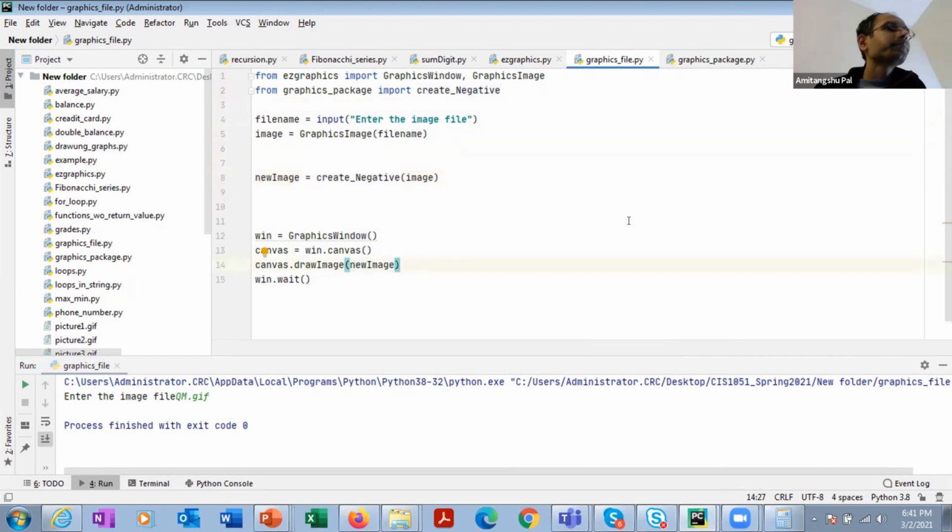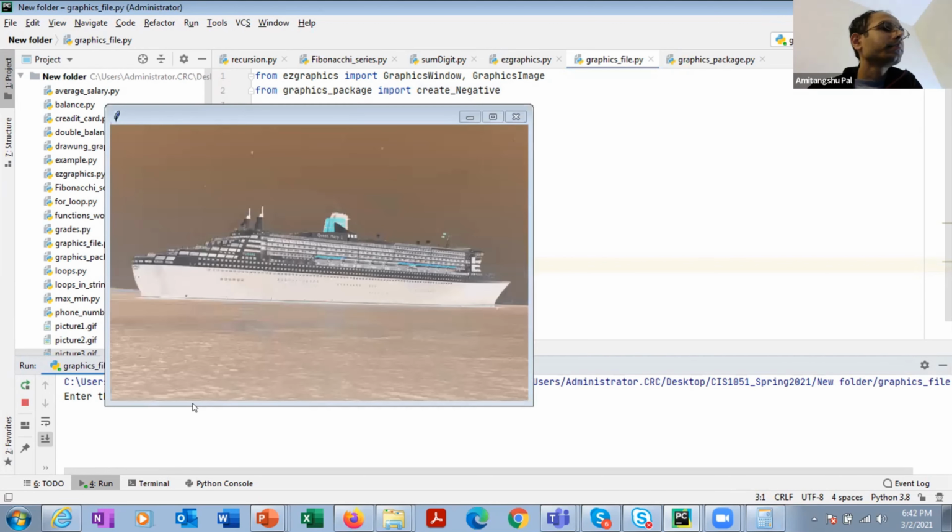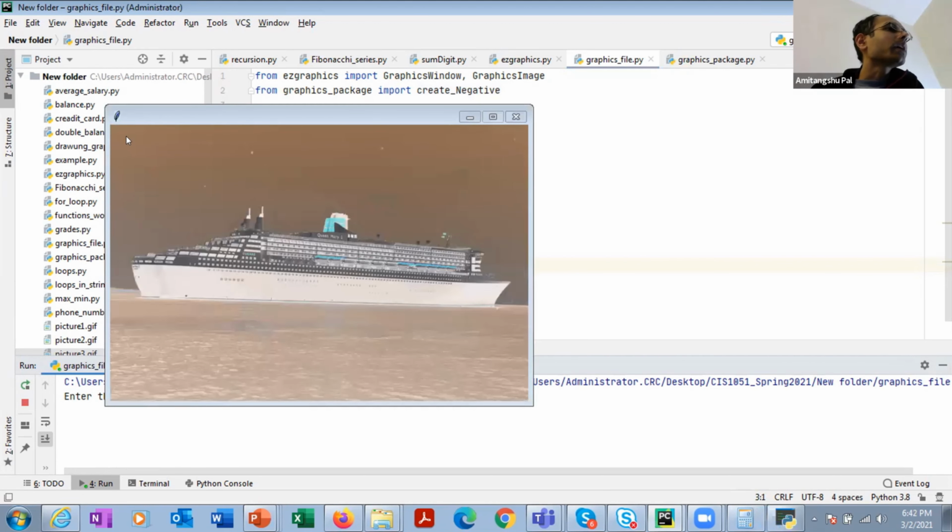All right, let's see whether it is working perfectly or not. Enter image qm.gif. It is taking some time as it is inverting the pixel intensities pixel by pixel. And you can see that at the end I'm getting the negative of the image.